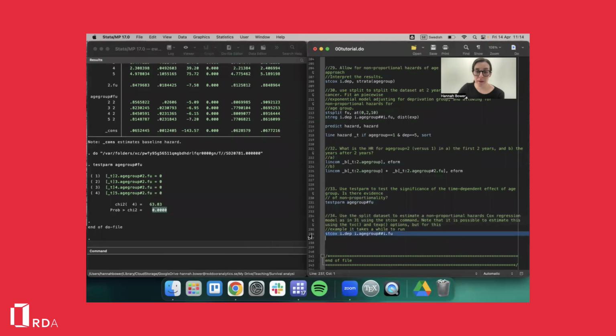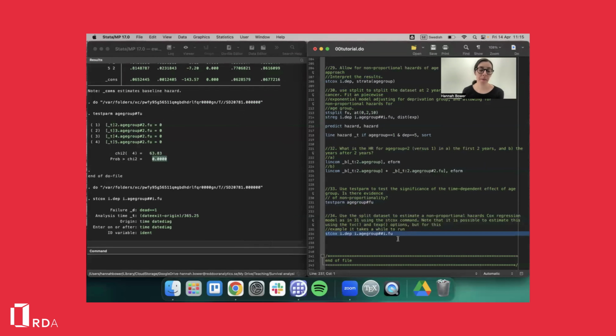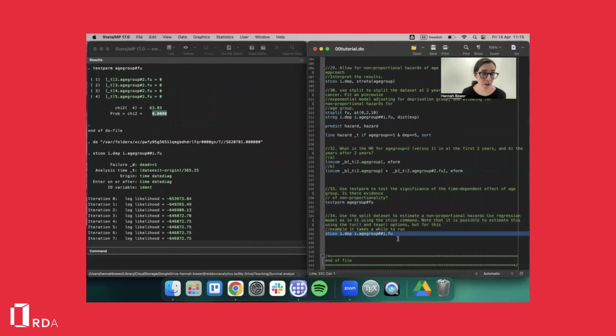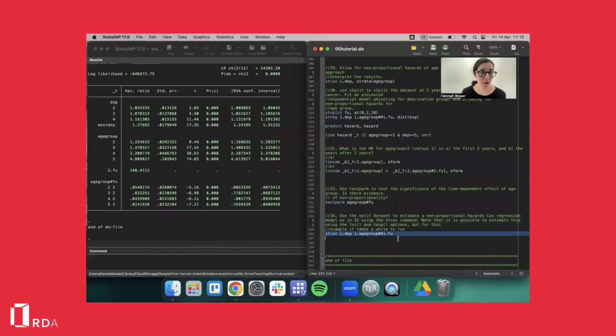So what we do instead is we fit the same model using the same interaction terms using the ST-Cox model here. And we can see again that we get estimates of the hazard ratios here for the age group. And this is what happens in the 0 to 2 years. So we can see that if we take the 5th age group, the mortality rate for the eldest age group versus the youngest age group is 4.8 times. So the mortality rate in the eldest is 4.8 times that in the youngest